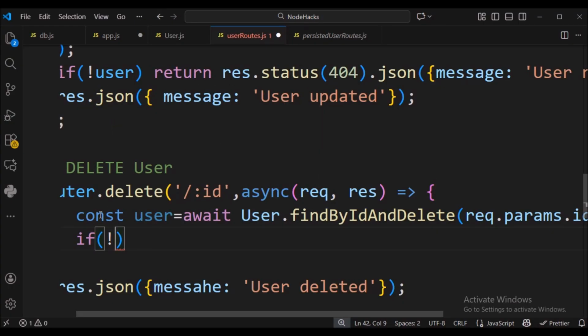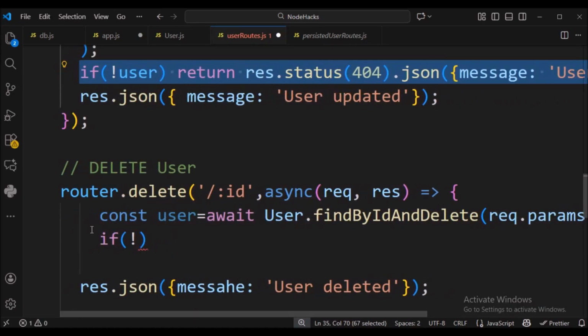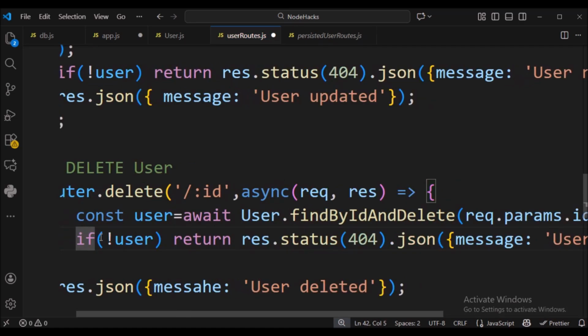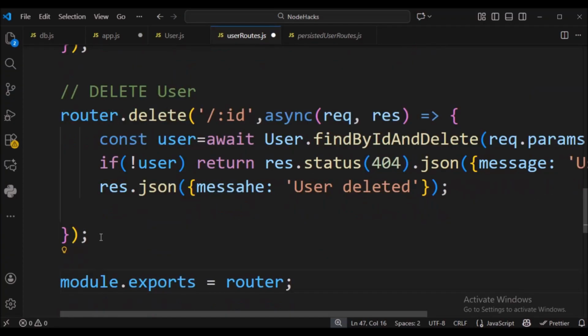If no user exists with that ID, just return a 404 error with a friendly message. And at the end, return a user deleted response to the client. Viewers, now our code implementation is almost complete. If any adjustment is required, we will do it during the testing.